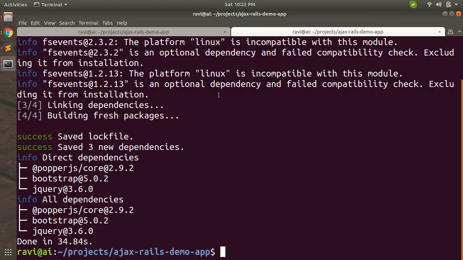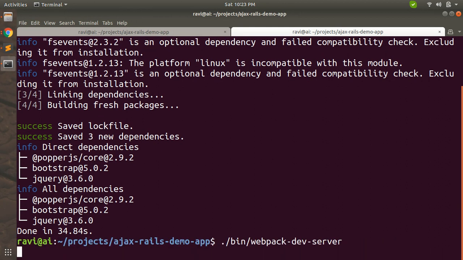Now, since we have added our Yarn plugins, we need to run the Webpack server to serve these assets faster in our application. We just need to run this command, webpack-dev-server, and this will precompile our JavaScript assets.